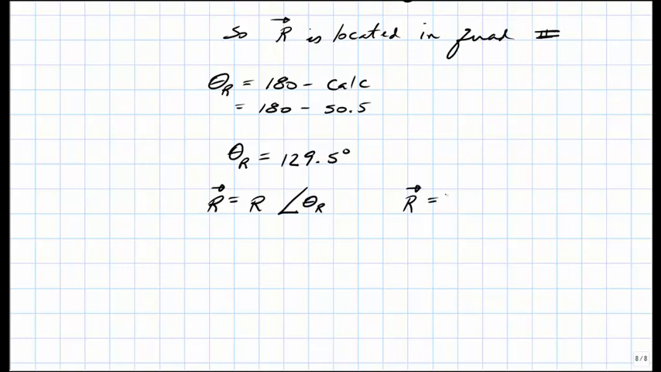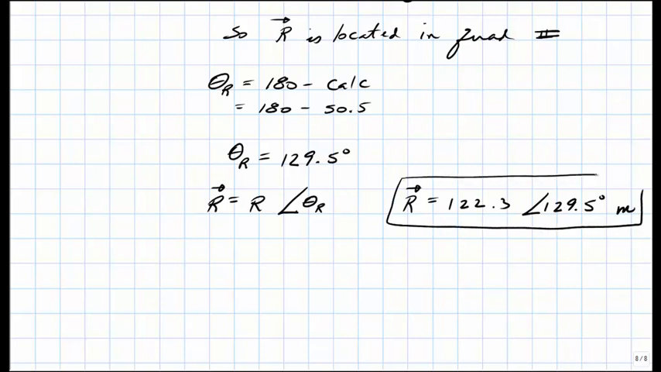So finally, we can specify the overall displacement as r equals magnitude and an angle, and specifically for our case, r equals 122.3 at an angle of 129.5 degrees, and of course the units are meters. And that concludes